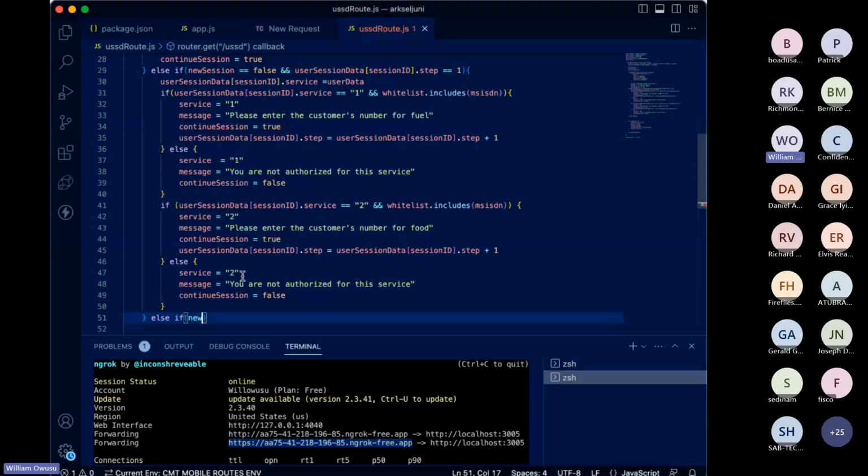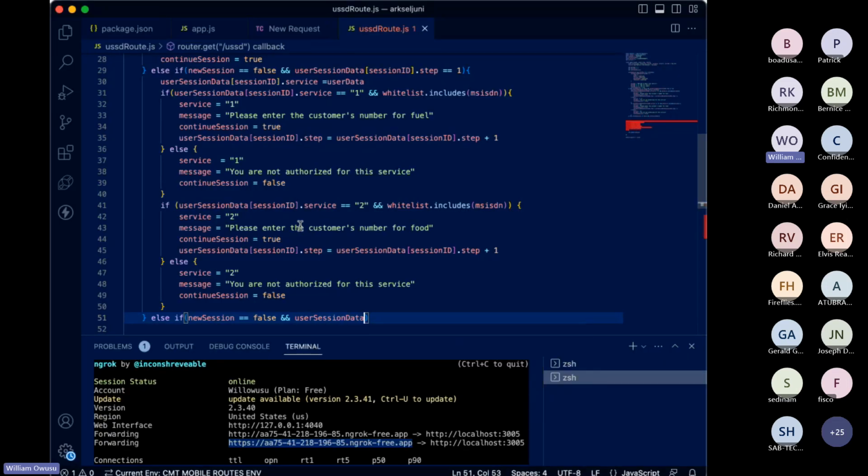So their new session is false, and then I can look at the user session data, the step, and say that if they are on step 2, so dot step is equal to 2,